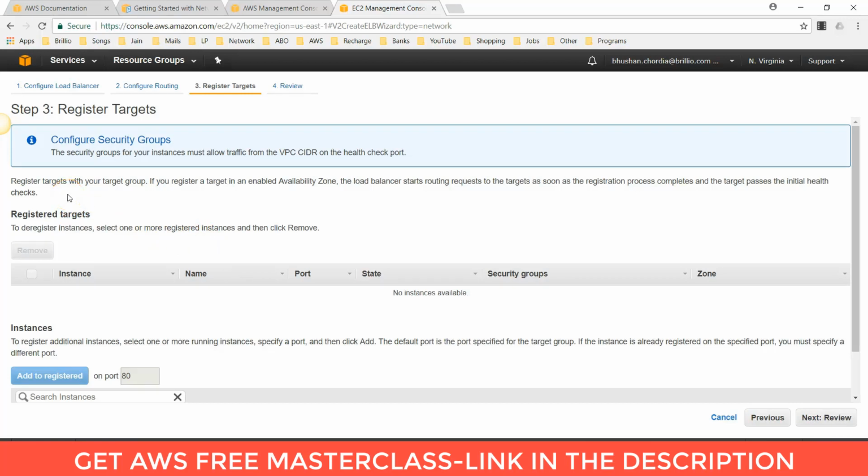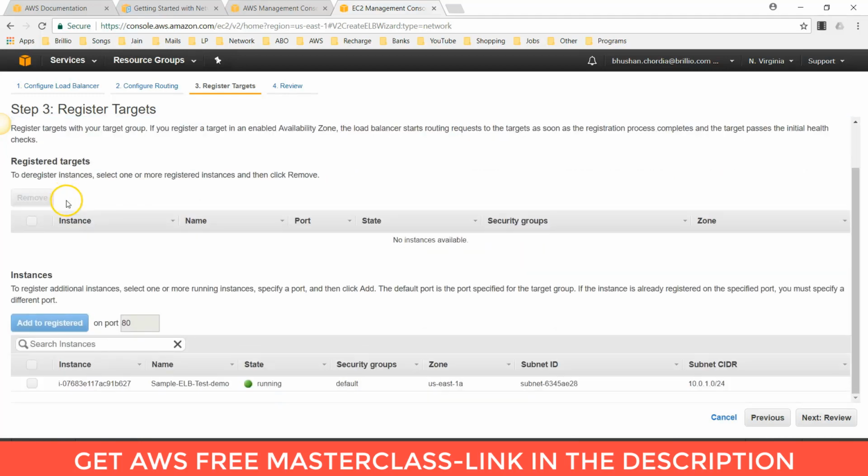Step 3 is register targets. Register targets with your target group. If you register a target in an availability zone, the load balancer starts routing requests to targets as soon as the registration process completes and the target passes the initial health checks. So here you can see that I have one instance which is running in this subnet.